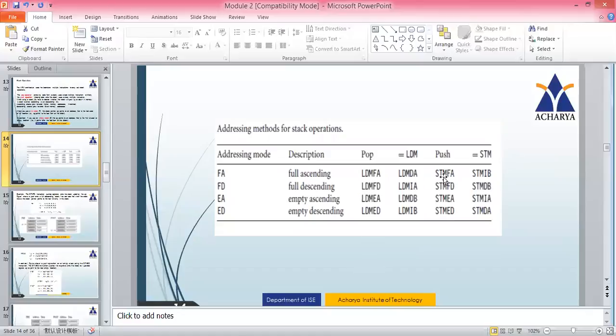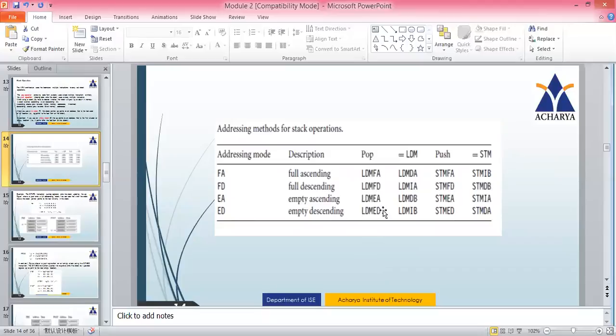Push operation makes use of STM, that is store operations. So LDMFA means fully ascending. This is the mnemonic used. Fully descending means LDMFD. Similarly, for push operation, STMFA and STMFD.